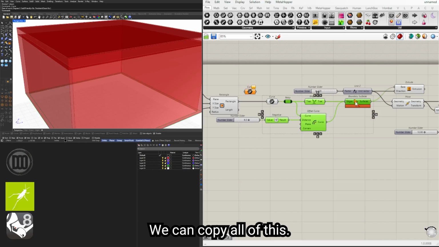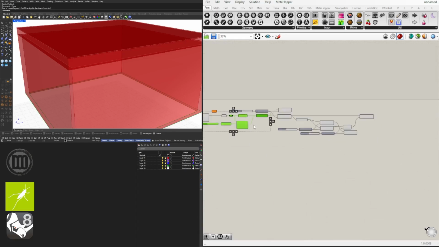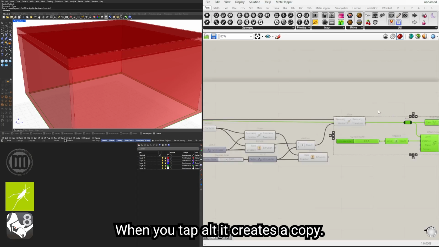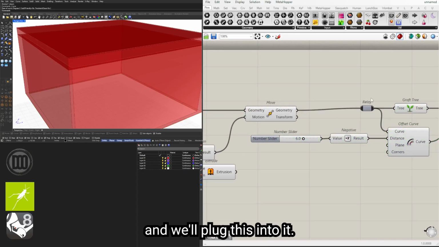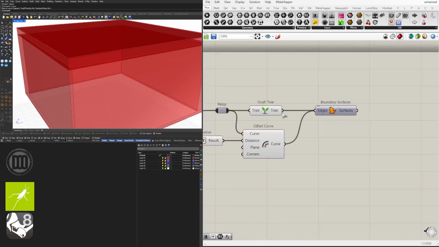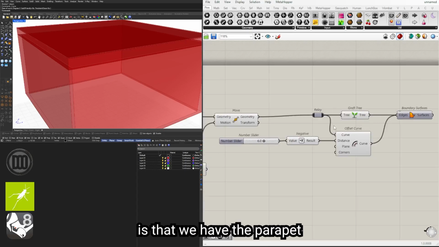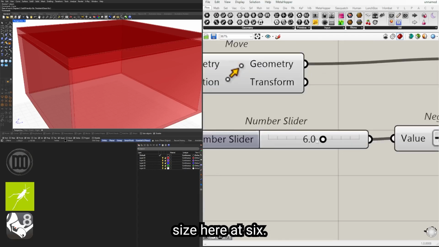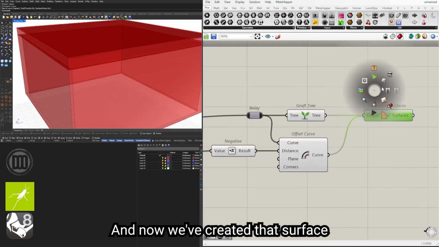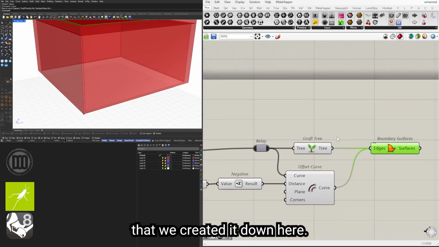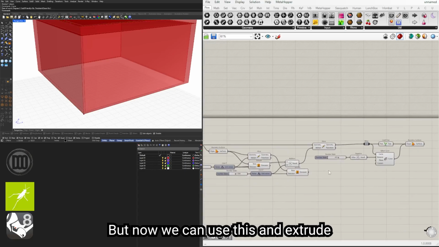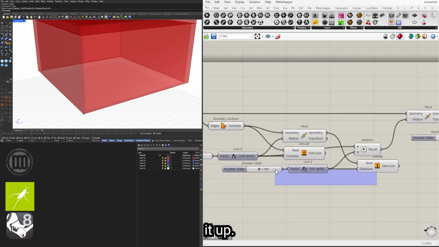And we can copy all of this, slide it over. When you tap Alt, it creates the copy. You can also do Control C, Control V, and we'll plug this into it. So what we have here is that we have the parapet size here at 6, and now we've created that surface in the same way that we created it down here, but now we can use this and extrude it up